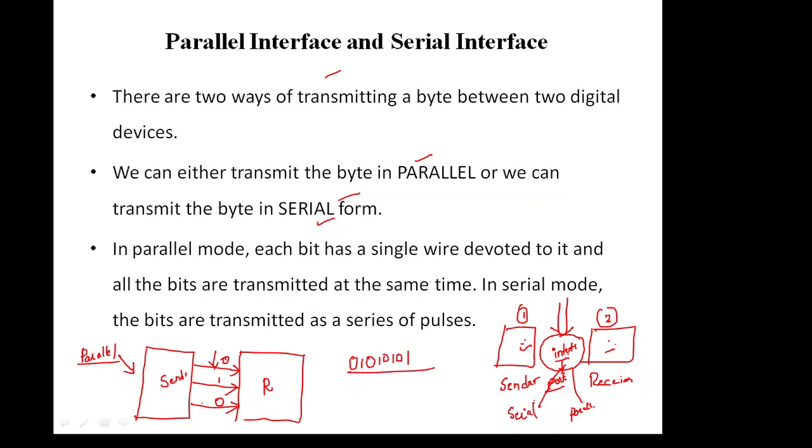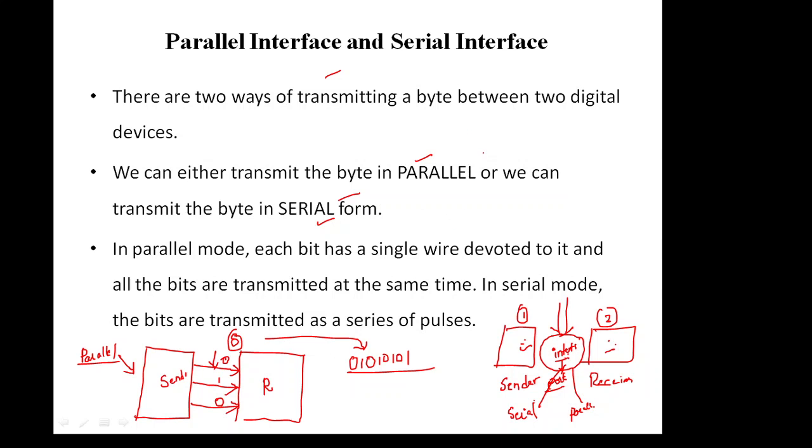So here 8 communication lines should be there in order to transfer the data. If you are going to transfer the data in parallel mode, we will have 8 communication lines. Generally we will have these communication lines in parallel, so that we have 8 communication lines over here in order to transfer 8 bits of data. So this is the parallel mode.